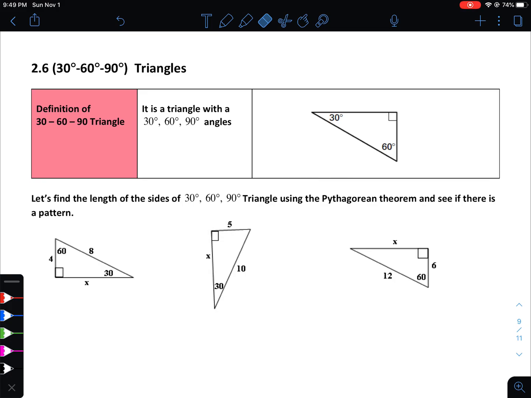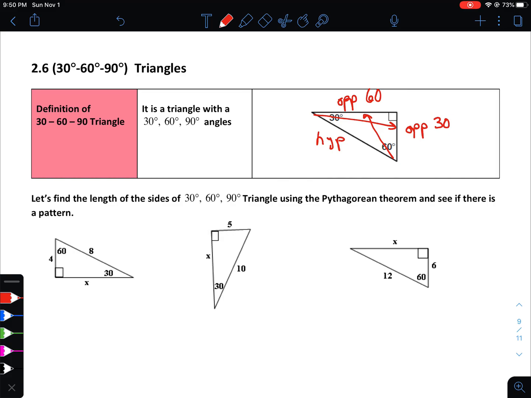So first off, just a little bit about notation. Notice that you've got this triangle over on the right here. When you want to talk about sides of that triangle, the largest side is still the hypotenuse. And then to describe the other two sides, we'll call this side the side which is opposite the 60-degree angle, and we'll call this side the side which is opposite the 30-degree angle. So notice that the side that's opposite 60 degrees is always going to be larger than the side that's opposite